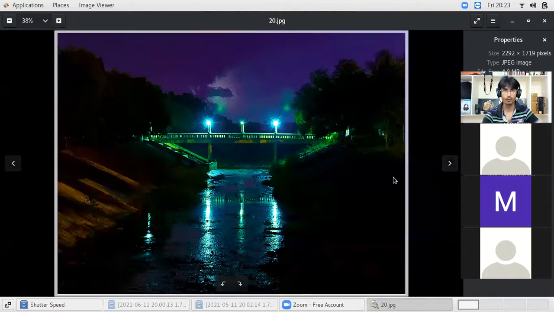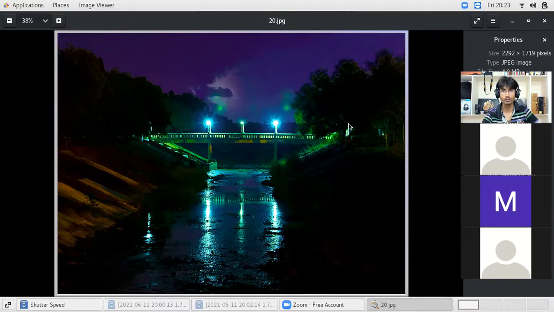Similarly, this particular photo is taken in a dark park, and if you use a faster shutter speed, something like 1/125, 1/200 of a second, what you get is a very dark photo. Last class we also discussed, when the aperture is something like f16 or f22, the photo becomes very dark.